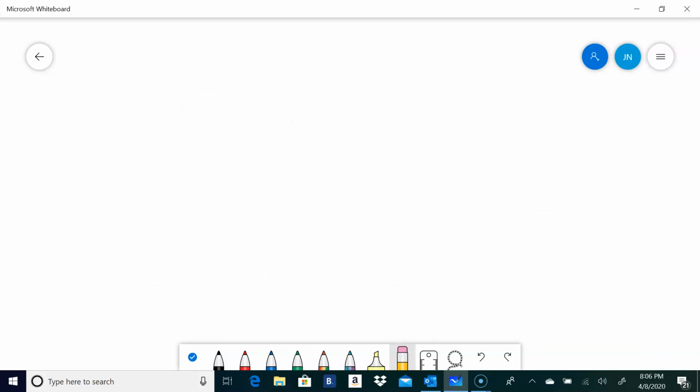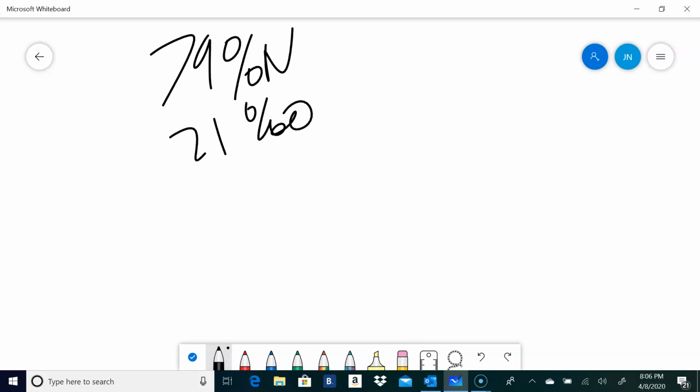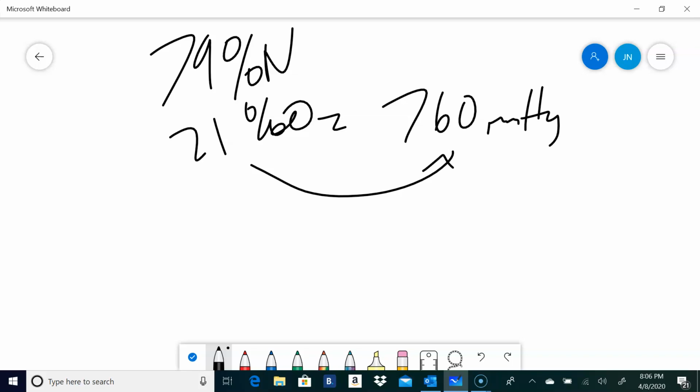All right. So now you're inhaling or exhaling, you're inhaling or exhaling. Gases move with the pressure gradient. Air is not just oxygen. Atmospheric air is like 79% nitrogen, like 21% oxygen. That means that of the 760 millimeters of mercury, it is atmospheric pressure, 21% of that came from oxygen. The rest of it came from nitrogen. So then how do we get oxygen in your blood? Oxygen is going to be dissolved in your blood. It's going to enter the bloodstream because we put pressure on it.